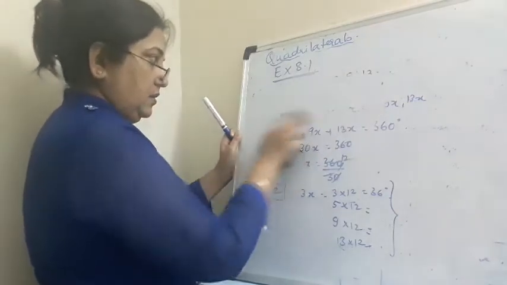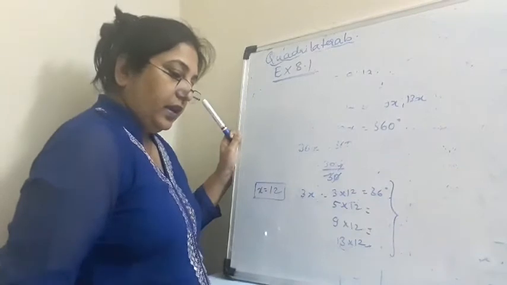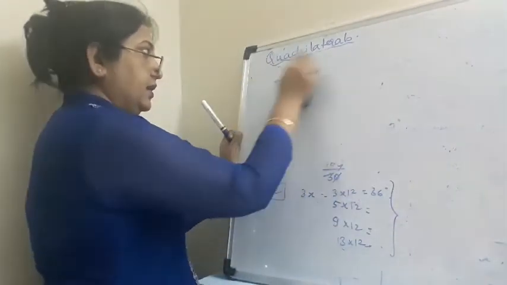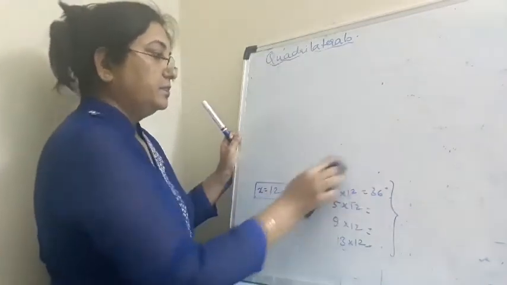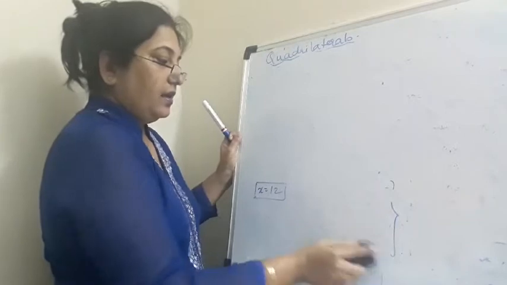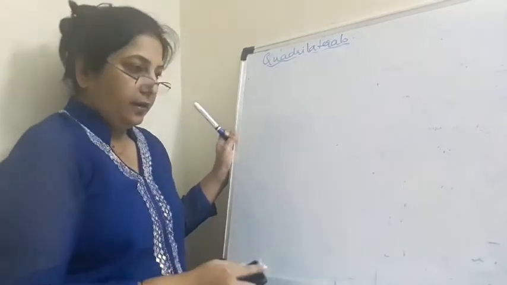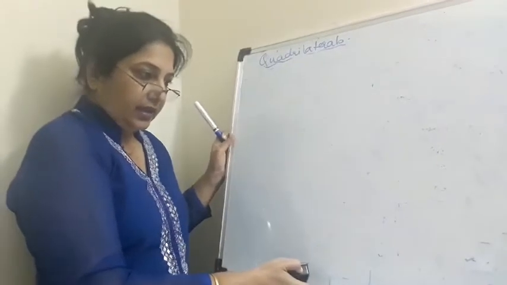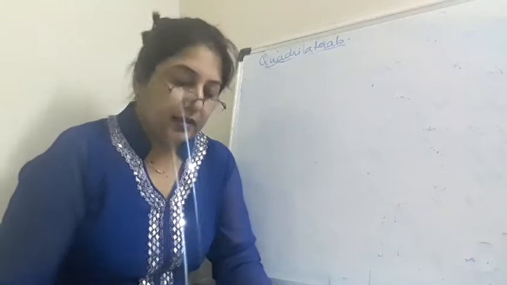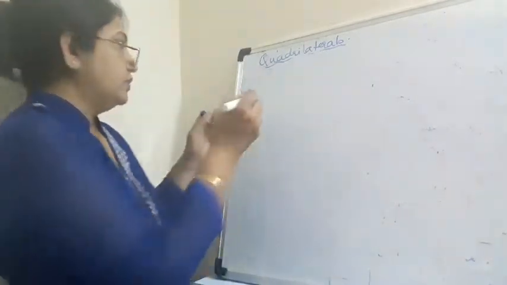The next question is, if the diagonals of the parallelogram are equal, then it is a rectangle. Now what is a rectangle? A rectangle is a parallelogram in which the opposite sides are equal and parallel and the diagonals are equal in length. Each angle, or we can say one of the angles, is a right angle. So if we prove that, okay, first let me draw the figure.